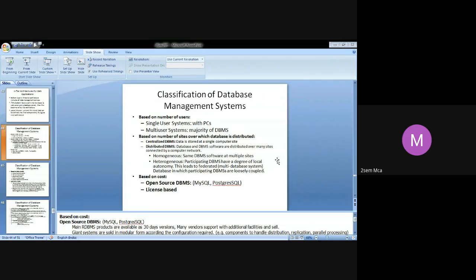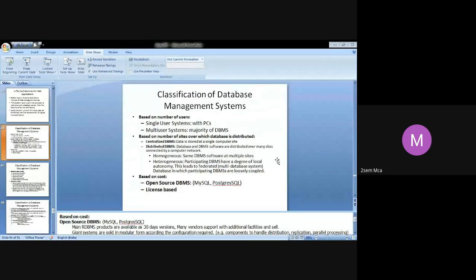So these are the different ways in which you can classify. One last criterion is cost. Based on cost also, they say we can classify DBMS, but it is very difficult to propose any kind of classification of DBMS based on cost.